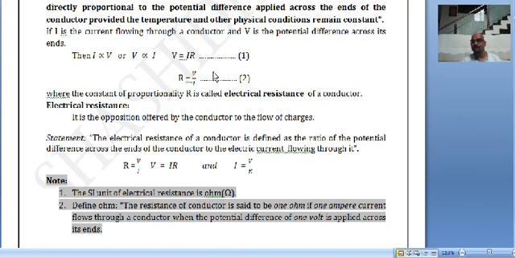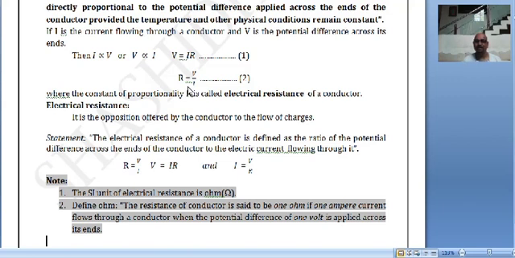Okay, so define ohm. Look at this equation. There is a difference: suppose the question is asked, mention the SI unit of resistance, just write ohm. If the question is asked, define ohm, then you will have to define what is 1 ohm. So if you want to define ohm, make the potential difference 1 volt and the current 1 ampere. If the potential difference applied is 1 volt and the current flowing in a conductor is 1 ampere, then the resistance of the conductor is said to be 1 ohm.